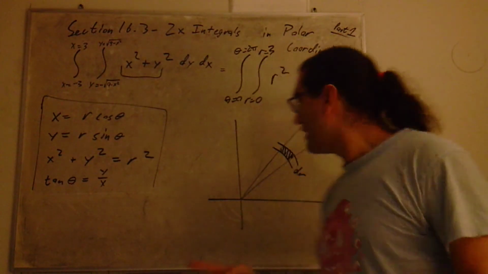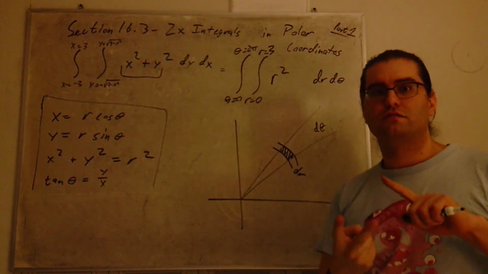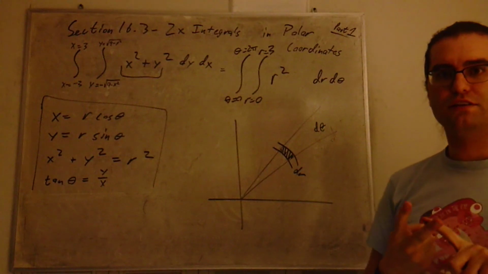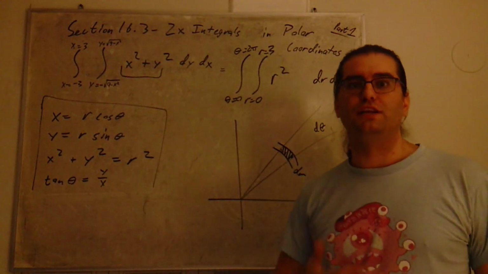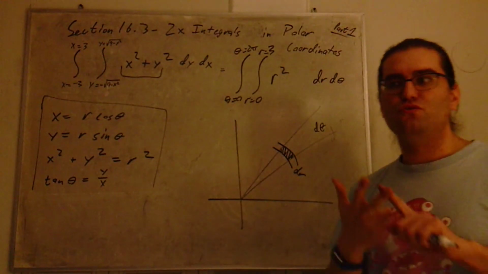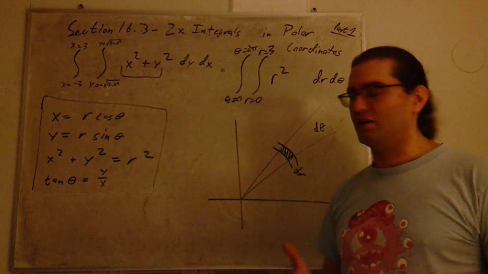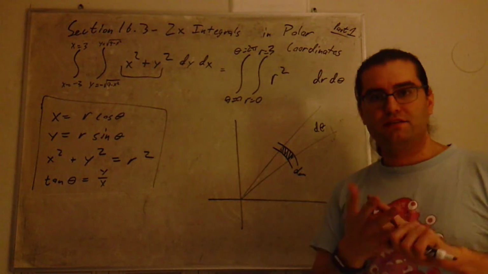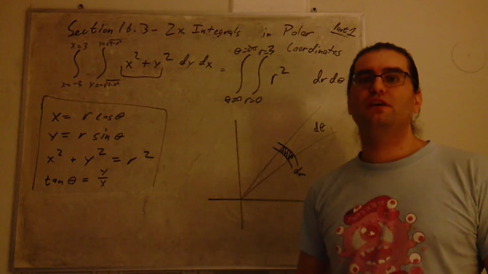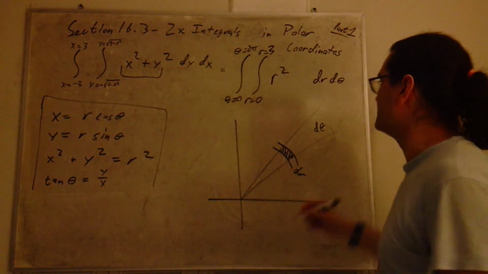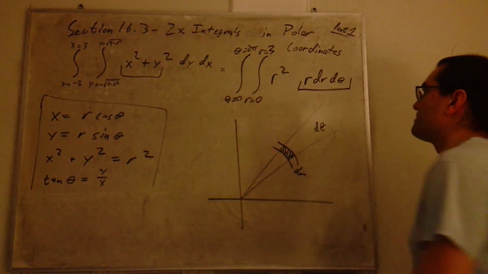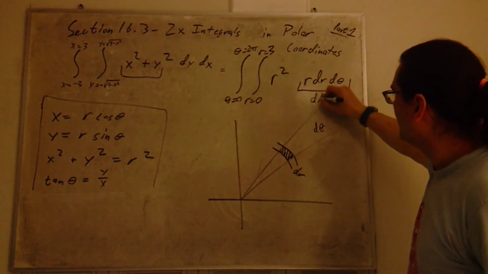One is that simply multiplying these two things leaves us lacking in a dimension, lacking in a unit. If we want this to represent an area, we need it to be measured in feet squared, inches squared, something. It needs to have two units involved, units squared, and right now we just have one unit. And we need to represent that it gets bigger the farther out you go. The extremely elegant solution to both of these problems is that r dr d theta is our new dA,